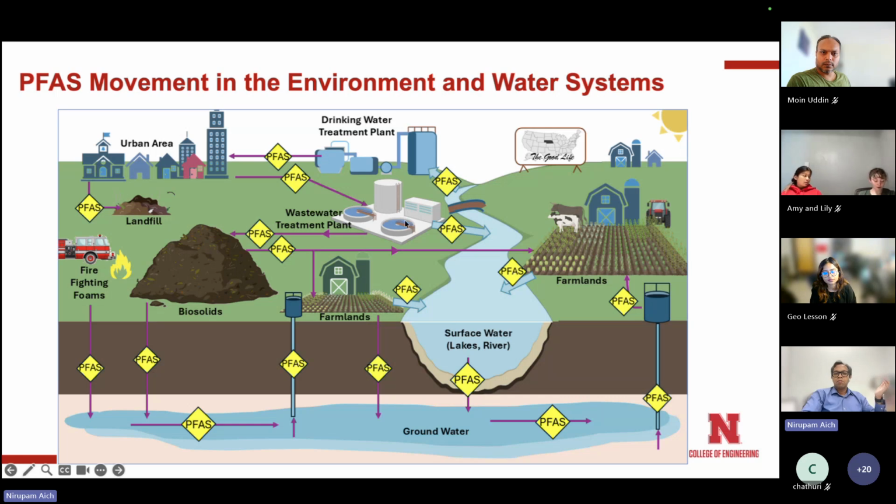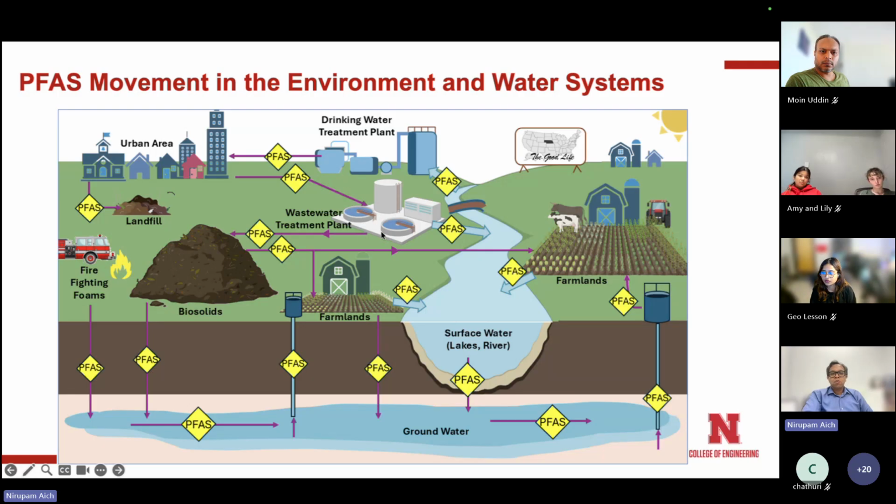Now, wastewater treatment plants and drinking water treatment plants were not designed for taking out PFAS or these chemicals when we designed them. Okay, and we are figuring this out now. Now, what happens in wastewater treatment? There can be two things. One, because they are not being taken out, they can go out with our effluent water to natural reservoirs like lakes or rivers. And then they can come back to our drinking water treatment plant. And if the drinking water treatment plant cannot remove them from water, they come back to us in tap water. Okay, so that's one way we are getting exposed.